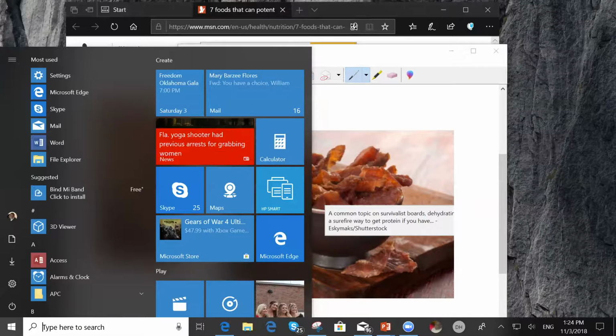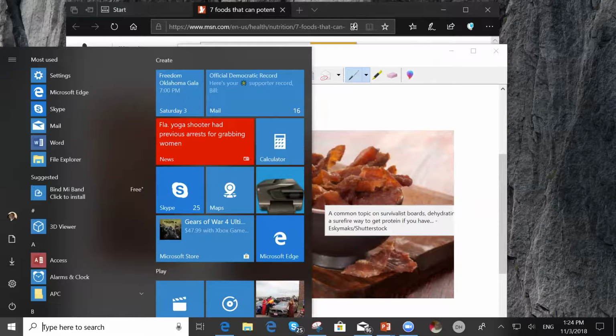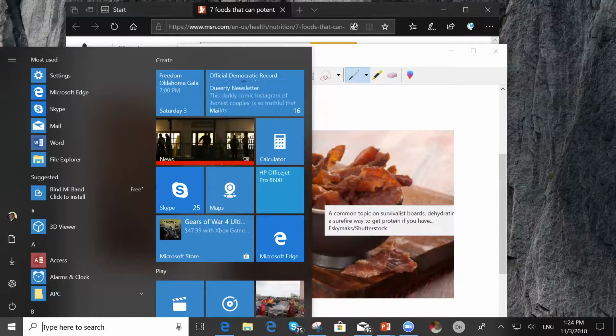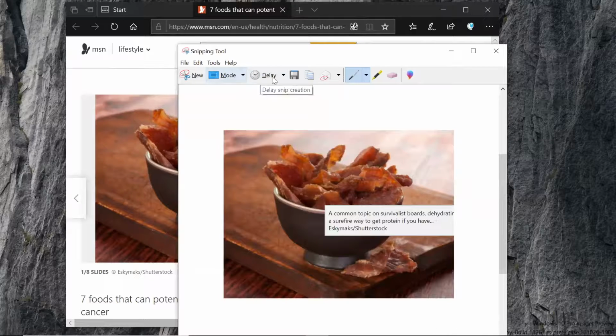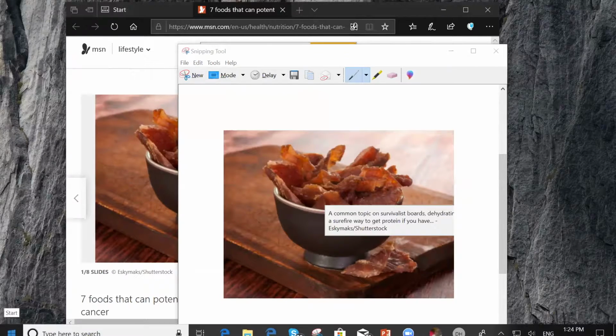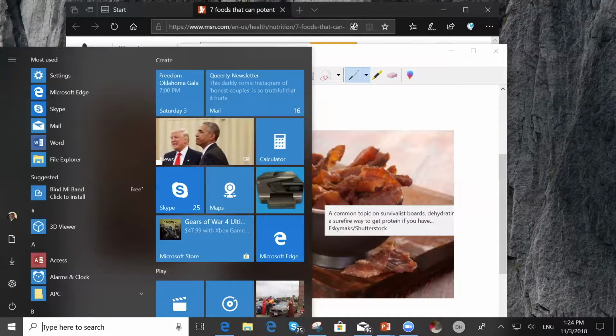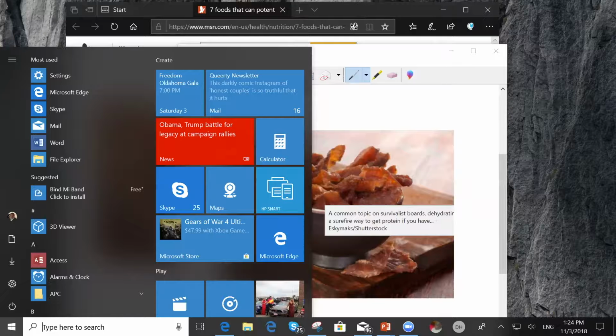And then when the time expires, which we'll see in a second, no, I didn't hit New. Let's see. 5 seconds. So I'm going to click on New. Then I'm going to bring up my start menu. And then when the time expires,